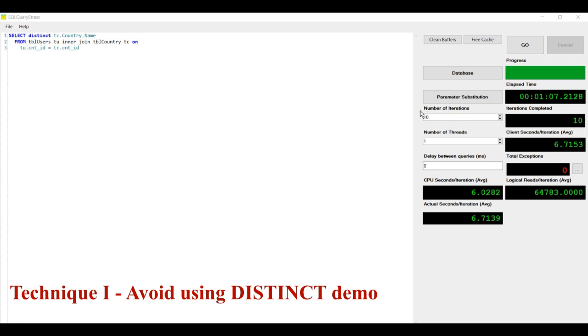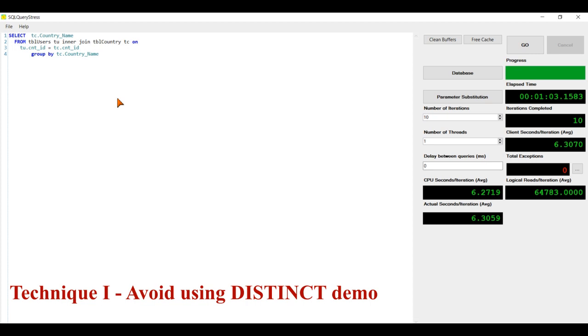After running for 10 times, you can see the time elapsed is 1 minute 7 seconds. Now let's consider the same query written by using group by. You can see I have written the same query.